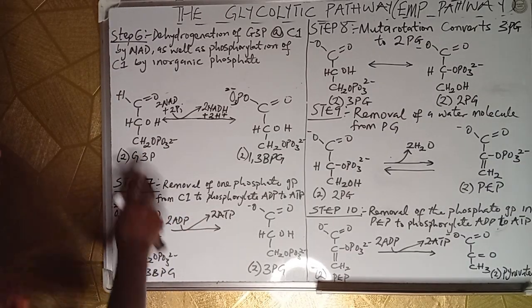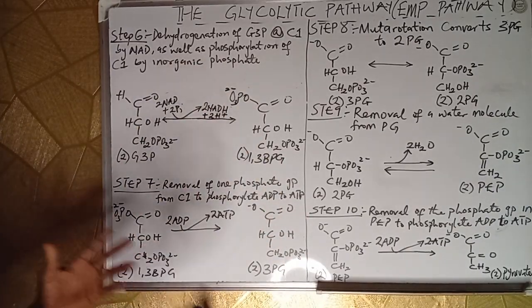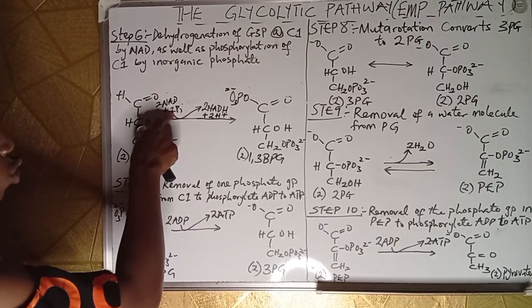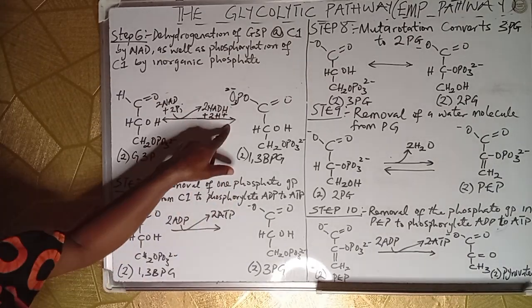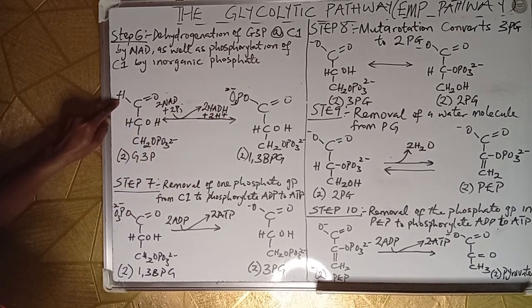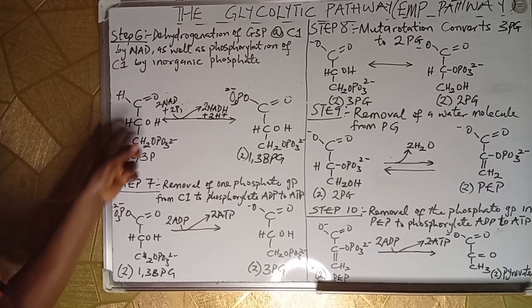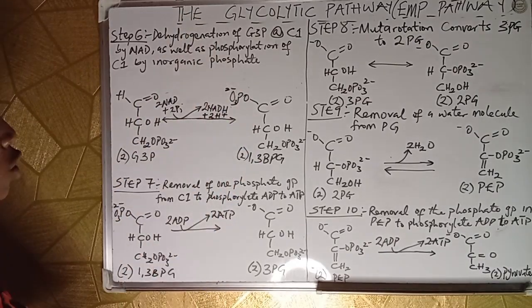So we have 2 molecules from step 6. Whatever you have as substrate now or products, 2 molecules. So we have 2 NAD plus 2 phosphate to give us 2 NADH plus 2 hydrogen ions. I've explained. This hydrogen is the one from here, and this one is the one from the free inorganic phosphate that came to donate itself, replacing the removed hydrogen to give us